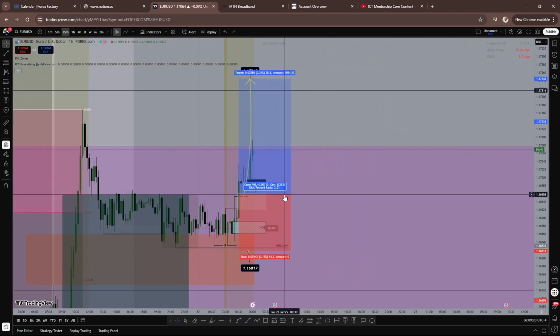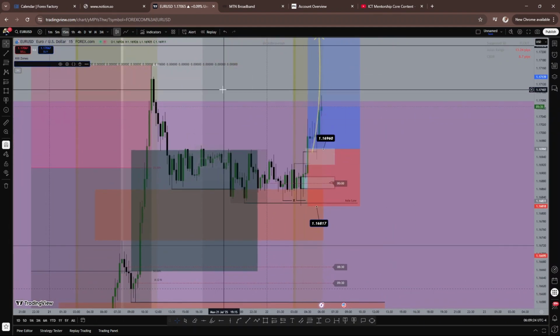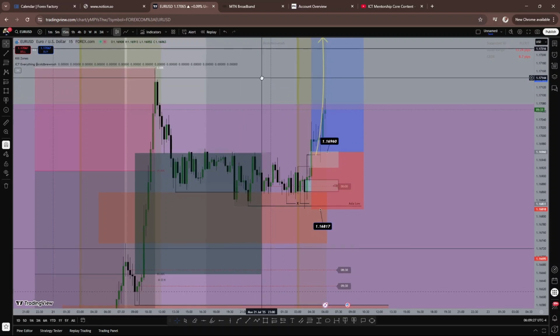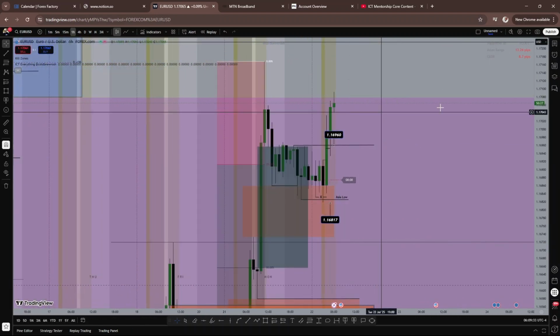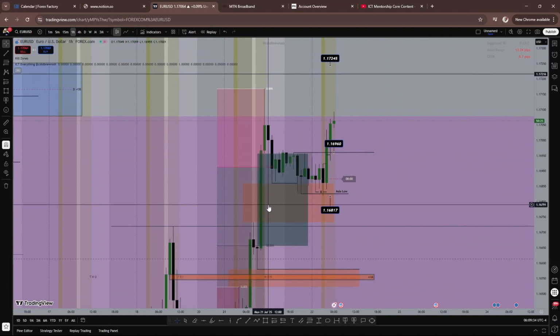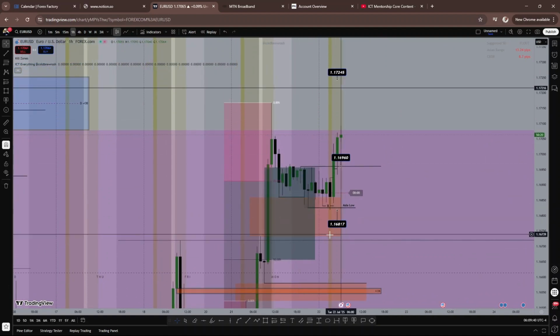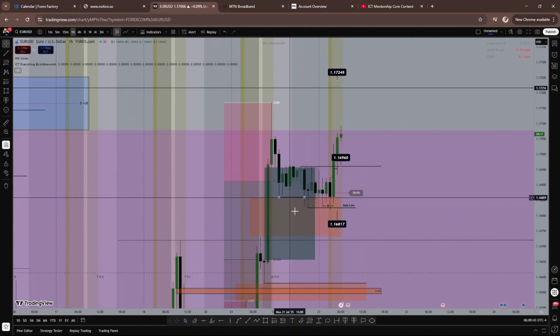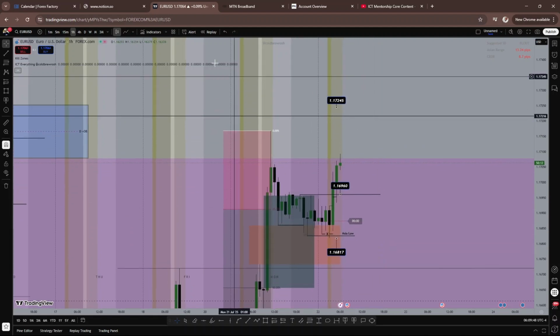And price is going very, very, very smoothly. So what I actually did on the lower time frame, which is the 15 minutes, 5 minutes time frame, which I always take my trade on. Now, before I go there, if you also look at the 1 hour time frame, you can see that we also have a 1 hour bullish PDRA that is colliding with this 4 hour bullish. So that makes this zone, this area I'm buying from, a high probability zone for me.